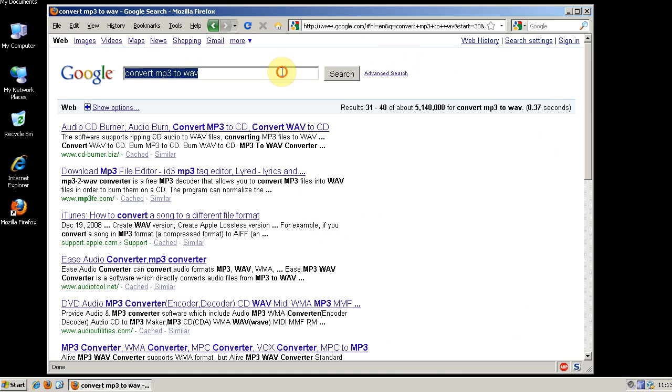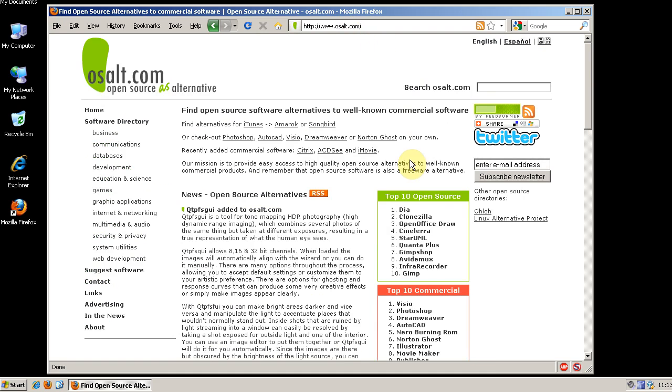The best way, well, there's a few ways. There's a great site called osalt.com. It's the open source alternatives website. It's a huge database that has open source alternatives to popular commercial software.